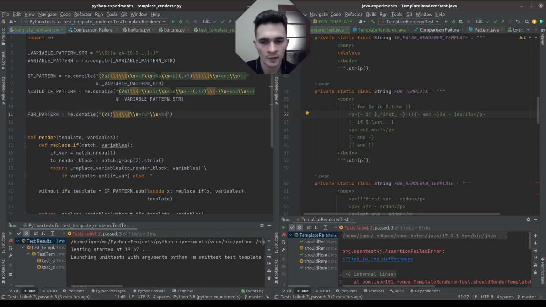Then the variable pattern. Then also white spaces, in, then also white spaces. Variables pattern. White spaces, 2 curly brackets, and then for the end, actually we can have the same as with if, but I